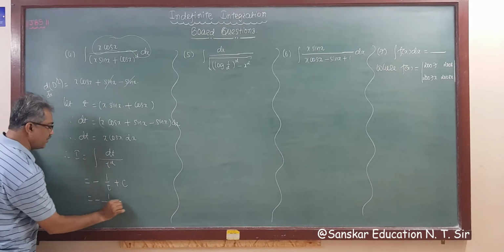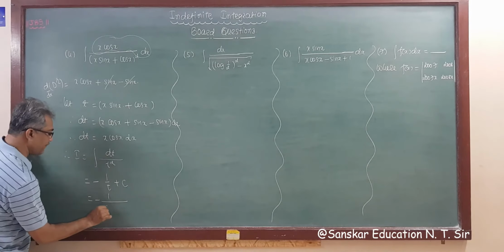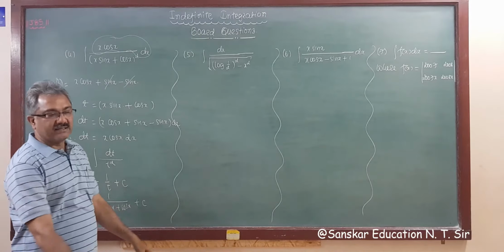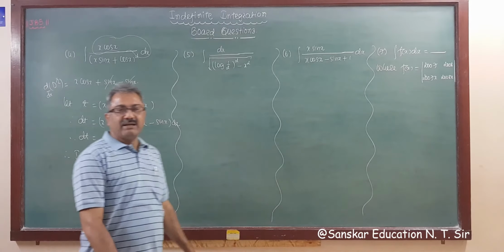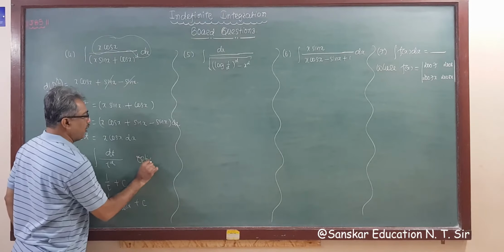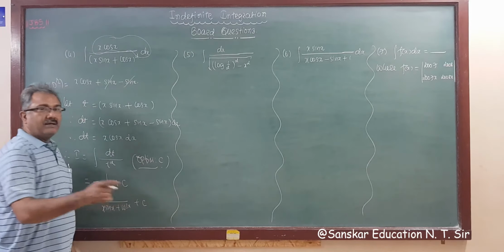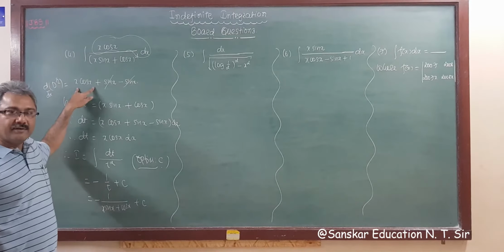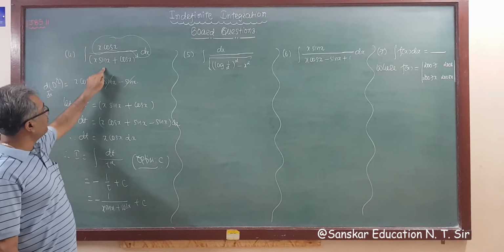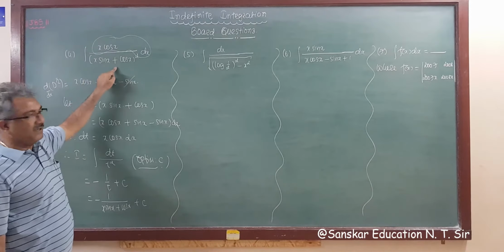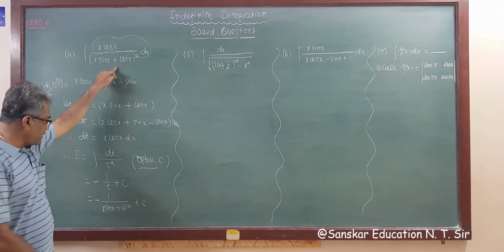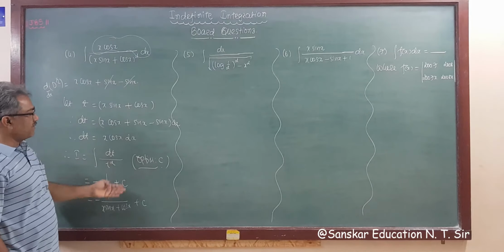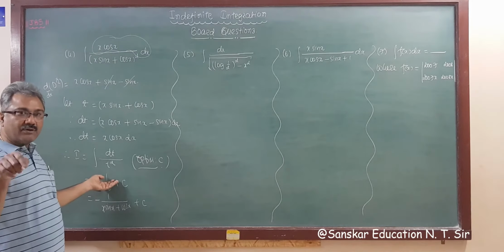So minus 1 upon t plus c, where t is x sin x plus cos x. So this is your answer, option number C is the correct answer, right? Now see here, no need to do all these steps. We decided that the derivative of the denominator is in the numerator, then this is 1 upon x square, and the integral of 1 upon x square is minus 1 upon x. So the answer is option C directly. No need to write all these steps, because you have to save the time.